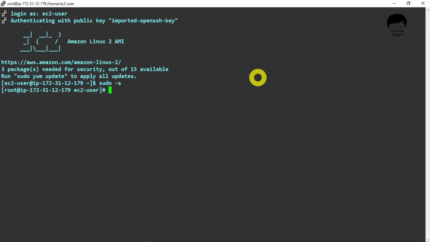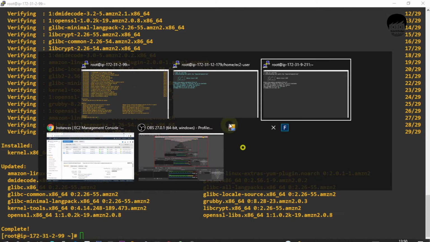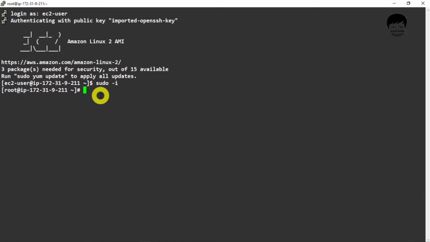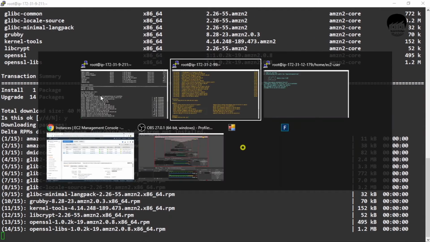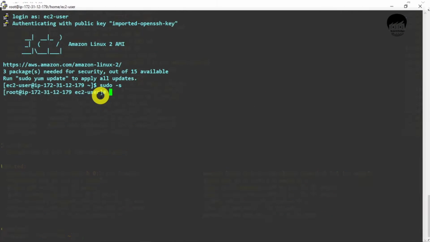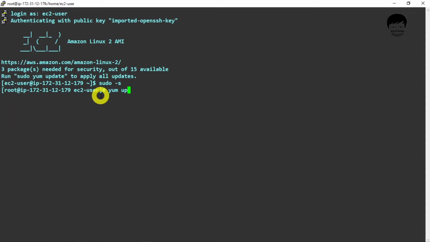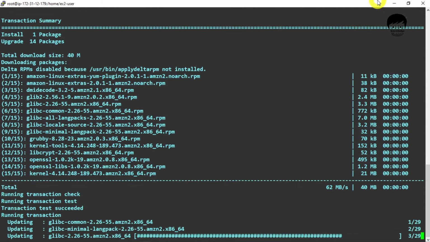Okay guys, so what we did, we have just created three EC2 instances. One is our Ansible server and the remaining two are nodes. So this is my node 1 and this is my node 2. So what we will do now, we'll update all the systems one by one. Okay, this is done. yum update -y. Now all my systems are updating.